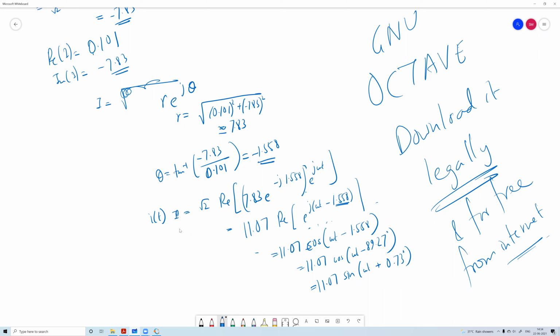Is it okay? Practice problems. Practice problems. Otherwise, it will be difficult. How to add phasors, how to convert a signal from the v(t) waveform form to phasor form, and how to get the waveform form back from the phasor form. These things need practice. Revise complex numbers if you feel it is required.